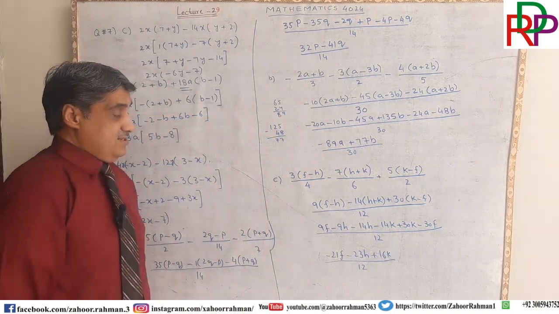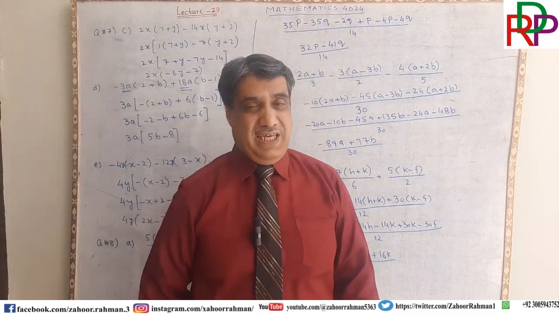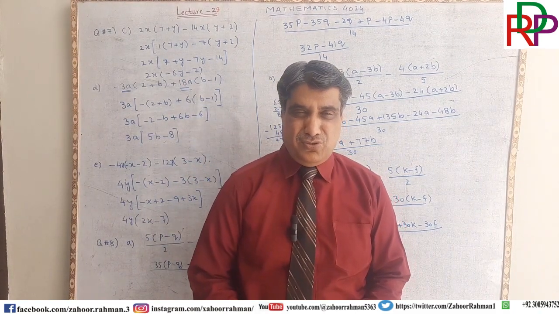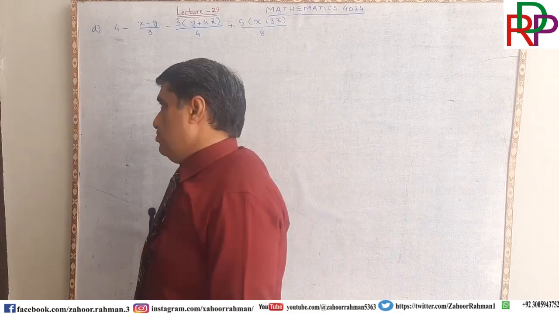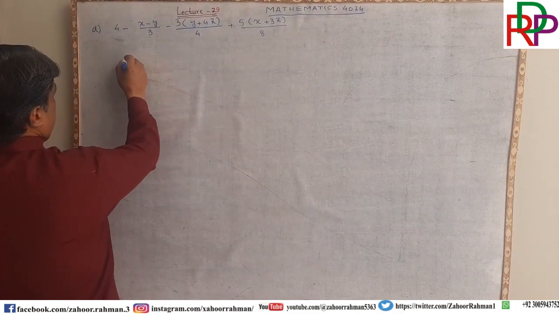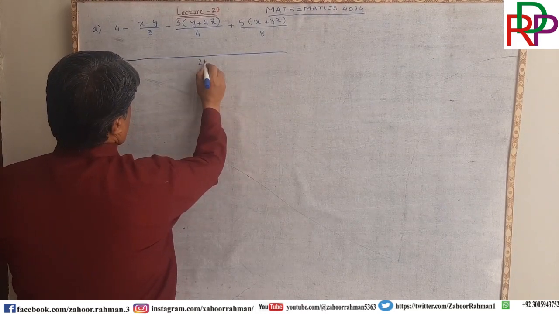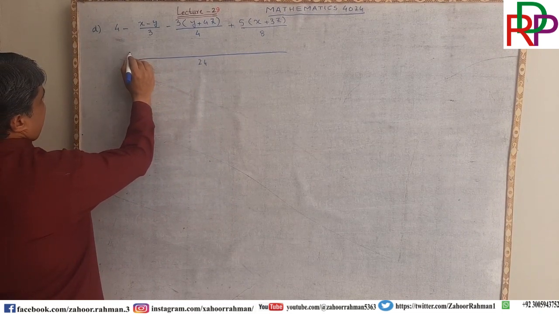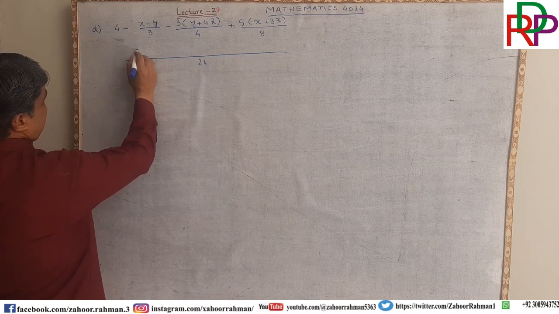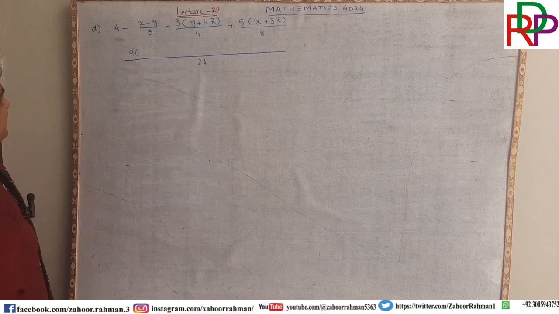Okay, ladies and gentlemen, only one part is remaining and I have to erase the whiteboard. So wait for 1 second. Okay, let's do this and I am taking the LCM as 24. So it means that 24 fours are 96